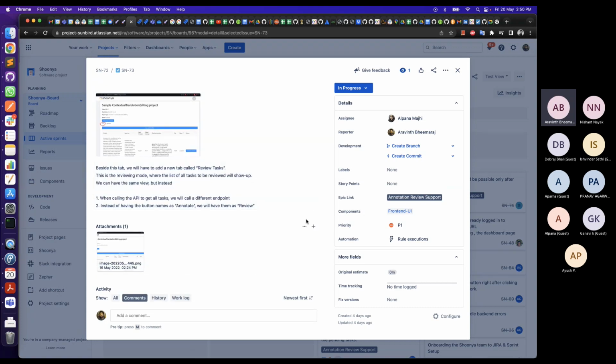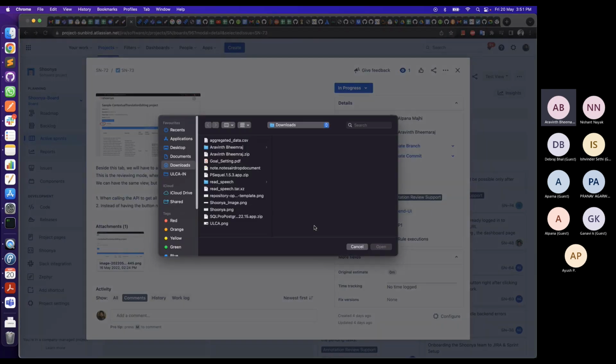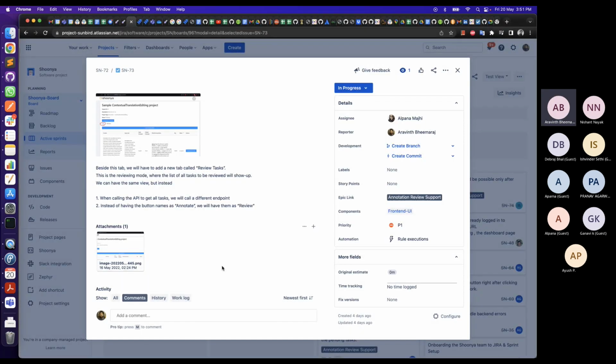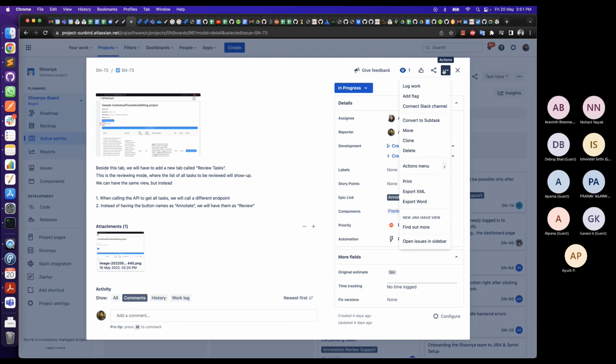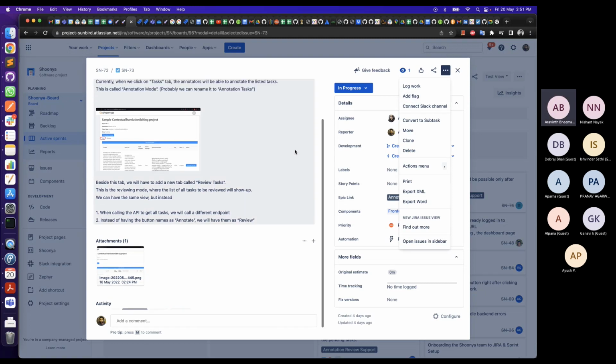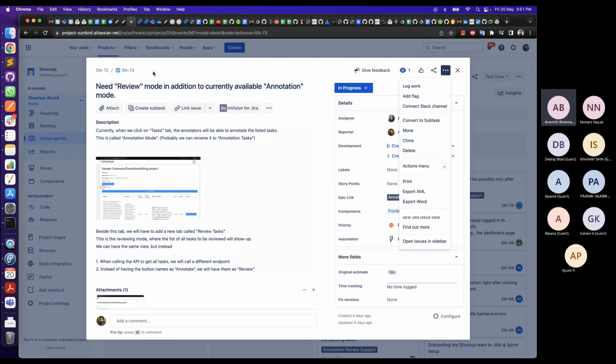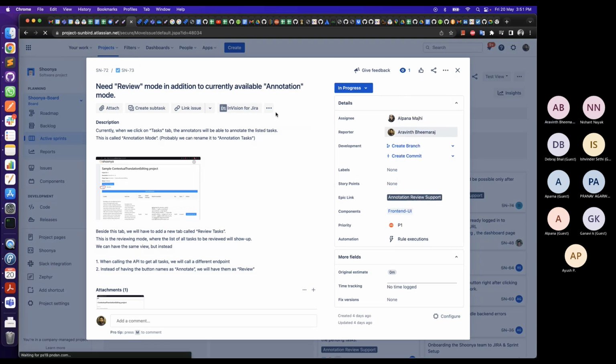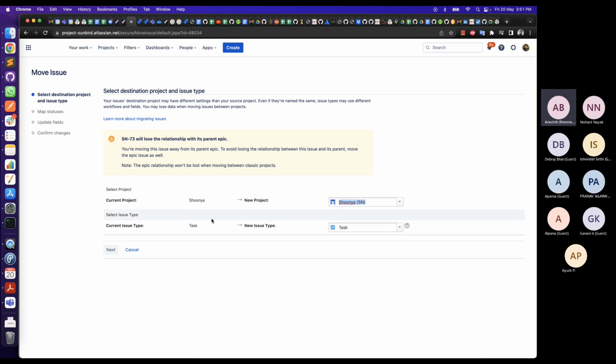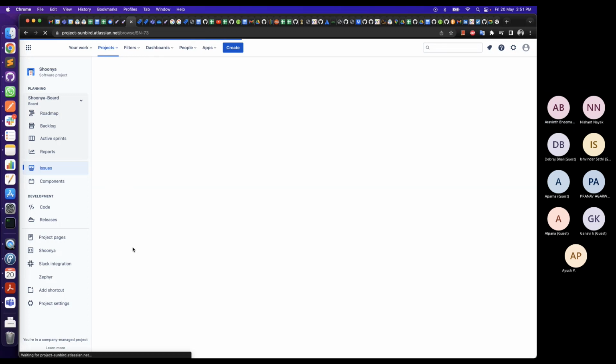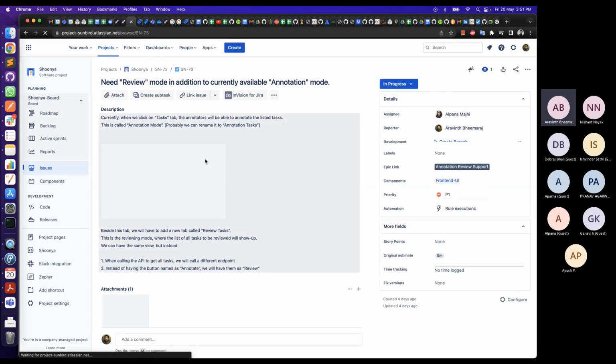Also, if I have to link it with something, or if it was a feature and later I realize that it was a bug, I can move it across to a different type. It could be a task and you want to make it a bug. All those simple options are already ported.